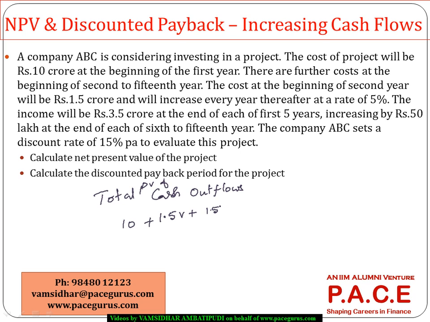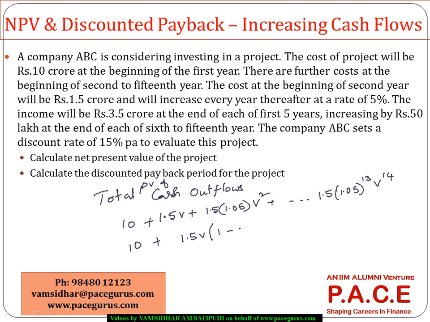Then in the next year it is 1.5, increasing by 0.05, and V squared. Like that, I'm going to get something 1.5 times 1.05 to the power 13, V power 14. So this is what are my total cash outflows and the present value of those cash outflows. So I can do the summation. So taking out this 10, otherwise this is a geometric progression. So I can find out the sum of the 14 terms of this geometric progression, which will give me A, which is the first term,